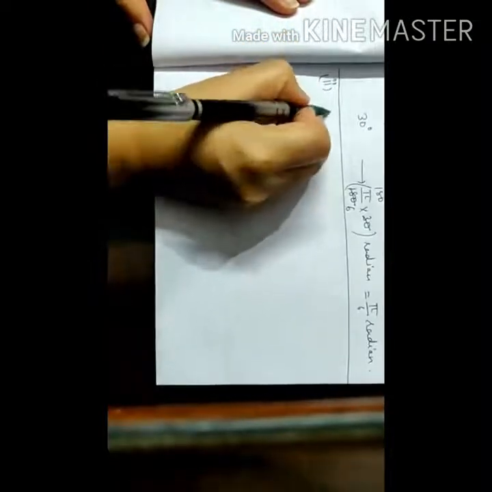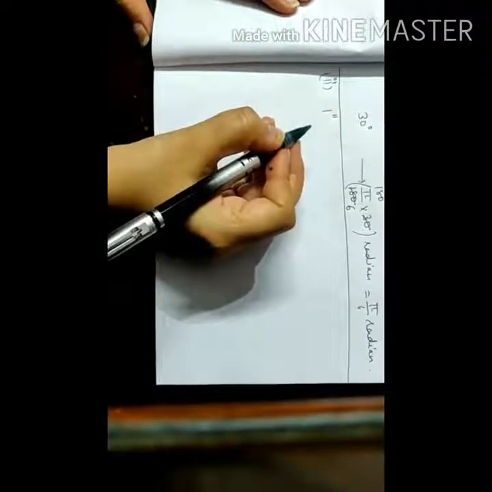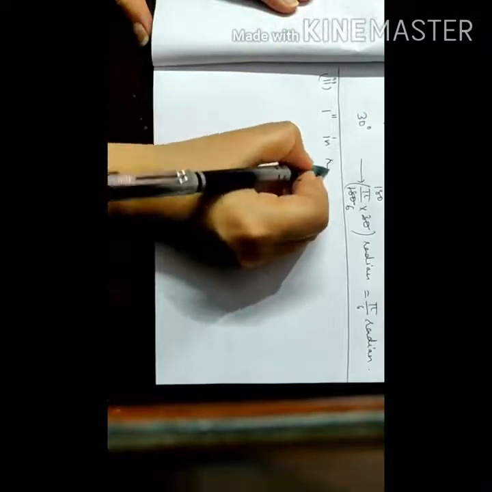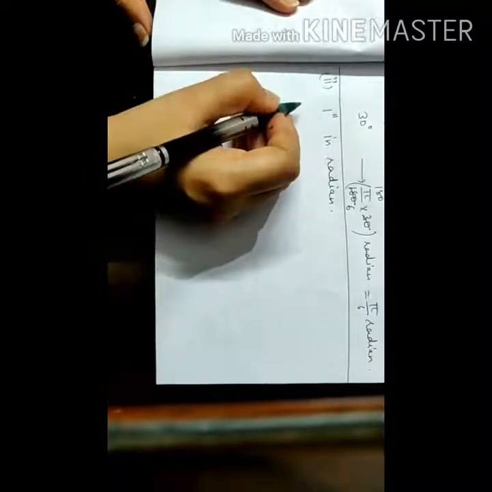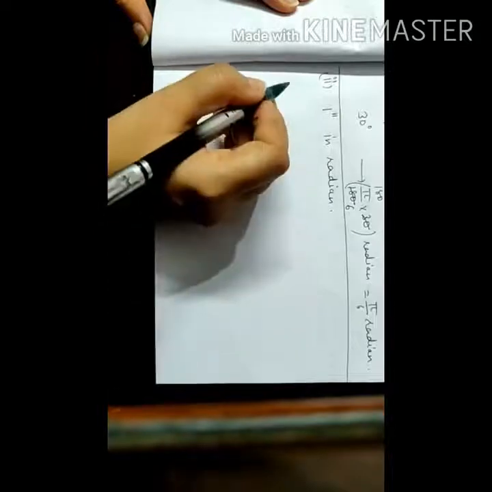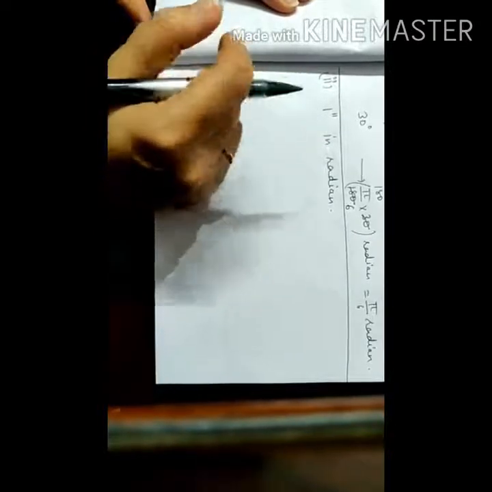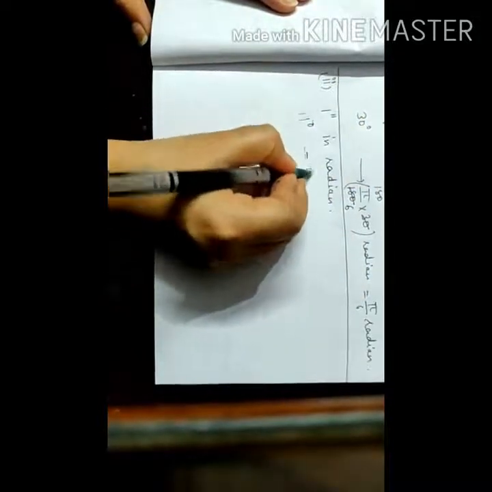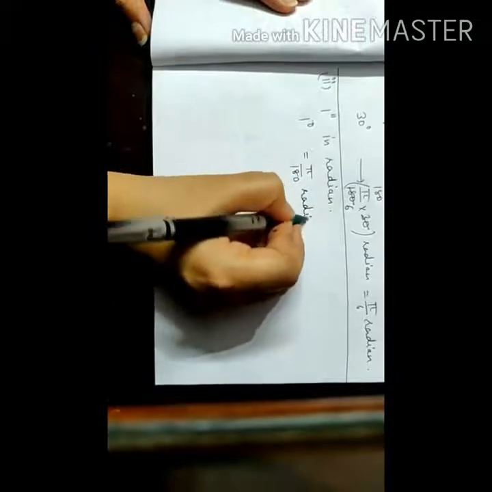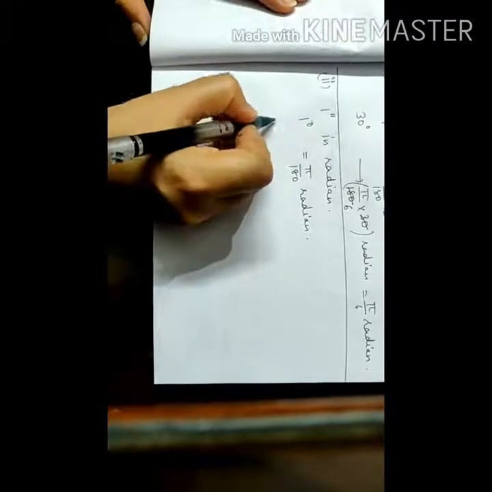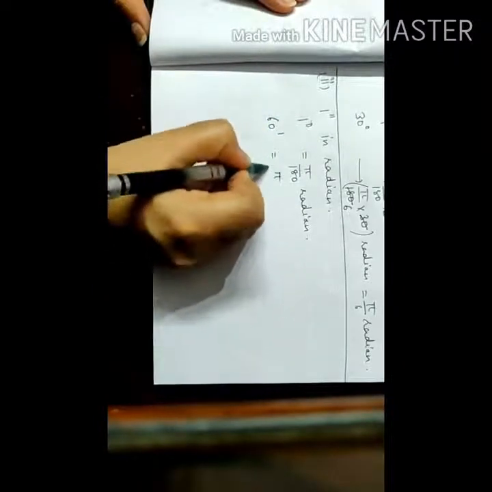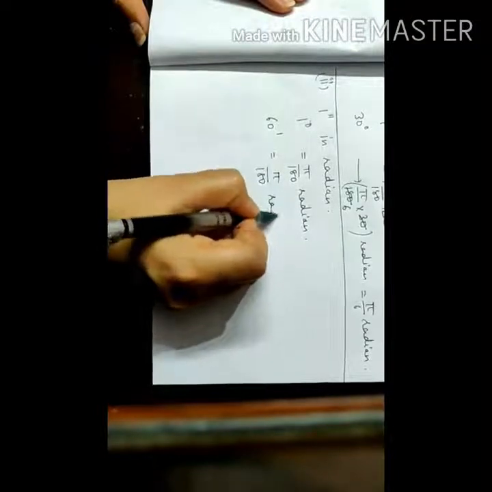Now coming to the second question, second conversion, we have to convert 1 second. These double dash meaning second. 1 second in radian. Now for converting this, first of all we need to write any relation which connects degree to radian, because we know only two basic units, degree and radian. So using this above, 1 degree is equal to pi by 180 radian. Right? Then 1 degree is equal to how many seconds? 1 degree is equal to 60 minutes is equal to pi by 180 radian.